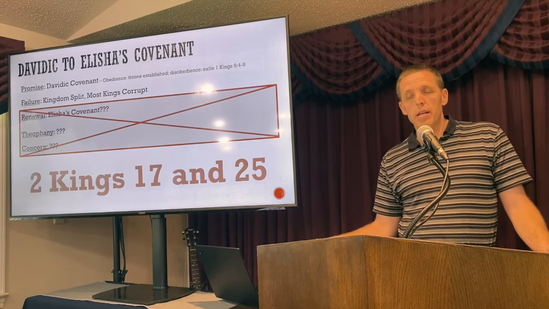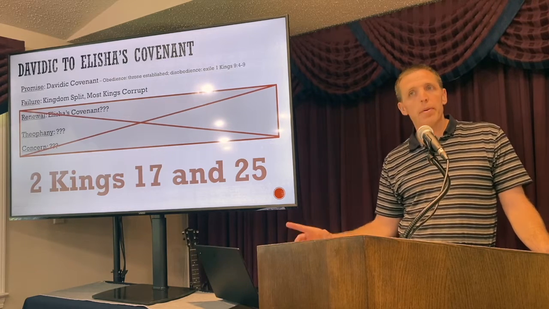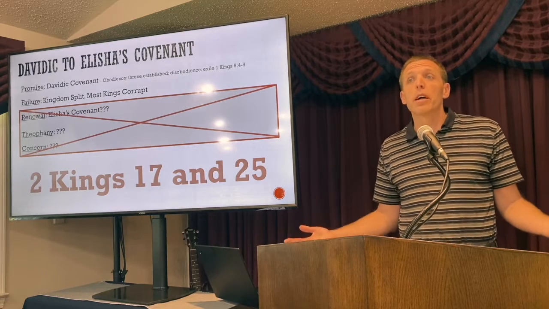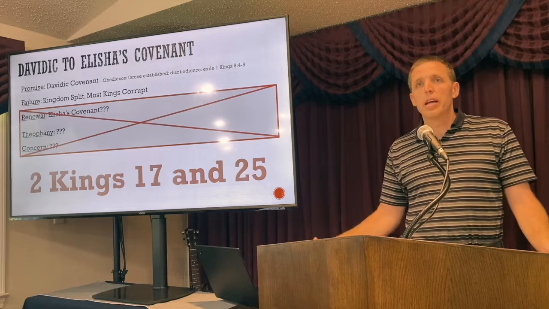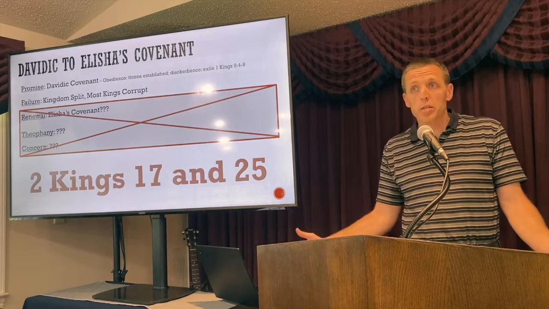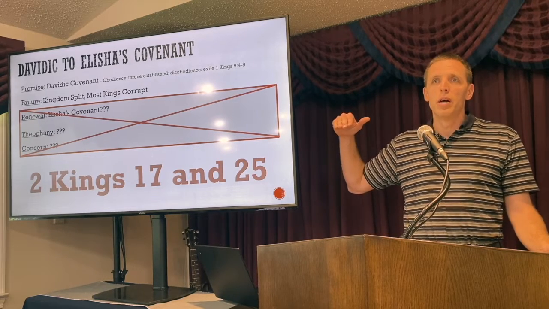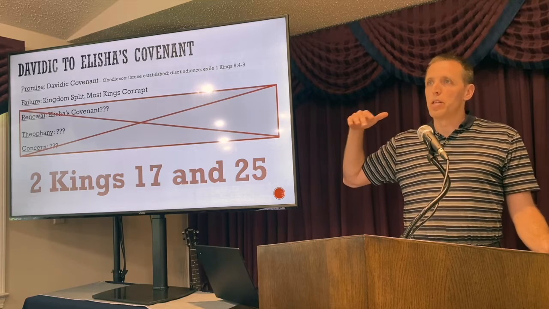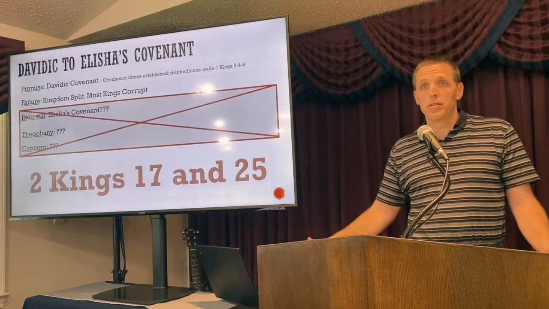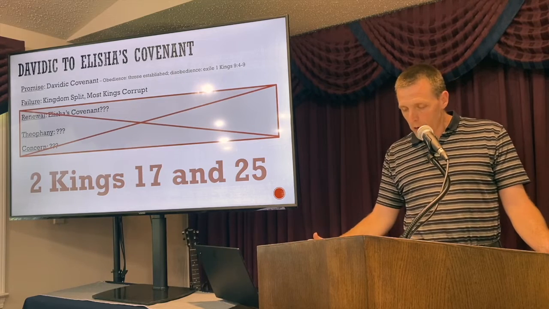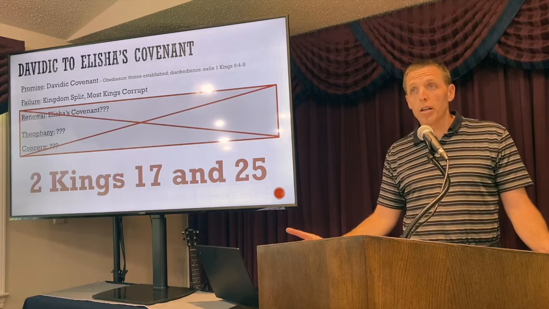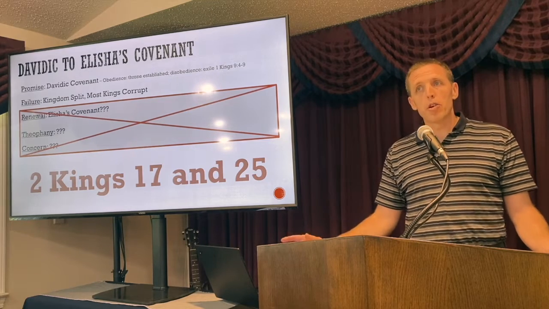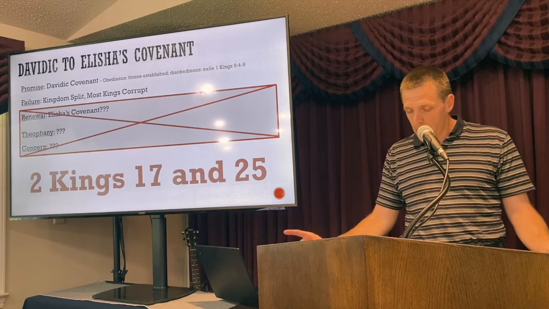Now, before we end, I just want to say, I think there may be a little bit more. This is hard. Narrative's hard. Again, I feel like when you are teaching narrative, it can be hard because you kind of go out on a limb because it's not explicit. You remember the slide we did last week where John says, I'm writing that you may have joy, or Proverbs that you may have wit. Like, it's not explicit. So it's hard. But I want to go out on a limb, even though I'm going to call it a limb so that you know it's a limb. But I think there's maybe a little bit more that we can learn as well in addition.